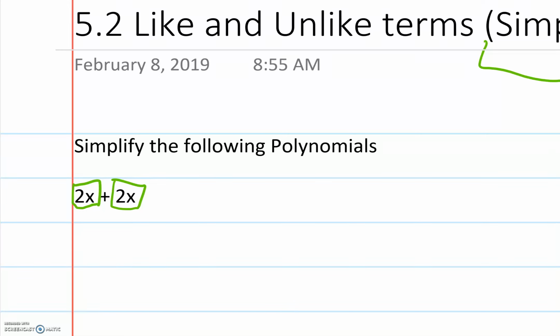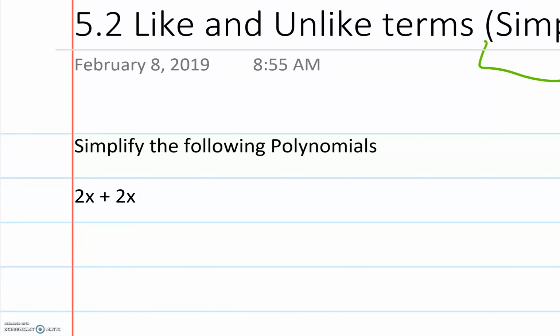If you don't know what a degree is, you can look at the last video 5.1, but in a nutshell, the degree is the exponent of the variable, of the x. So the exponent is 1. If there is no exponent, then the exponent is 1. So these are the same, so they're called like terms, which means that we can just add the